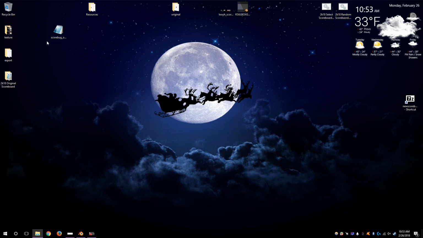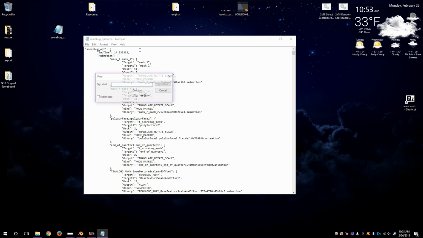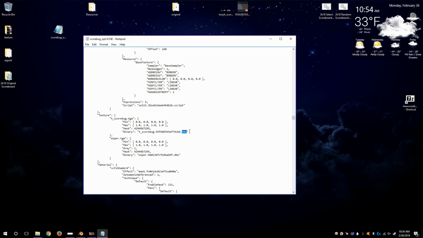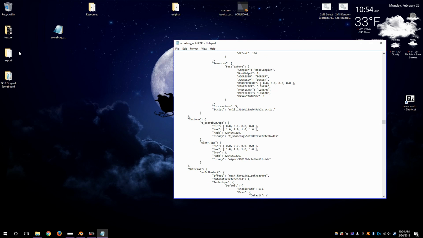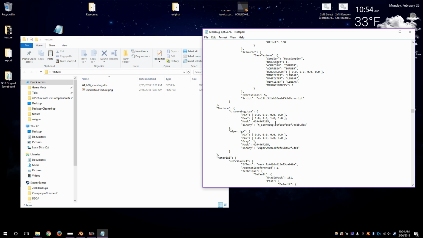I'm going to close that. Now in the scene, to open it up, push Control F, search for DDS, and here we are. So the reason our scoreboard isn't showing up is because it's pointing to this texture, and we need to replace it with what our texture is called. So our texture is B88 underscore